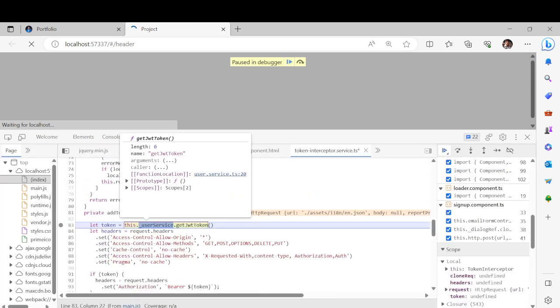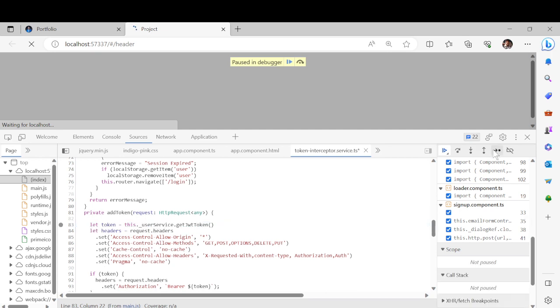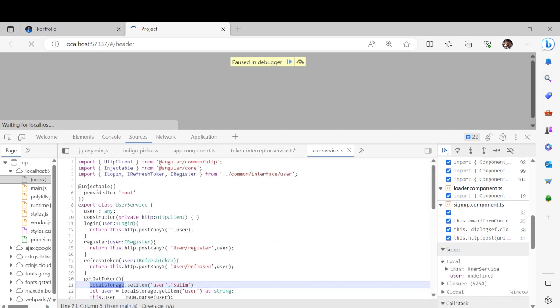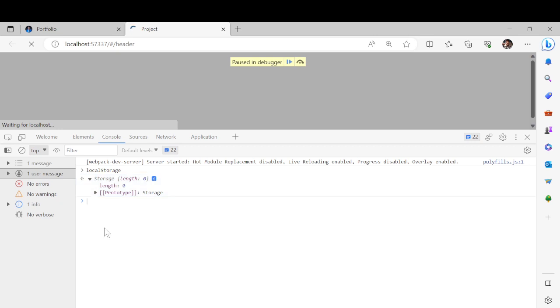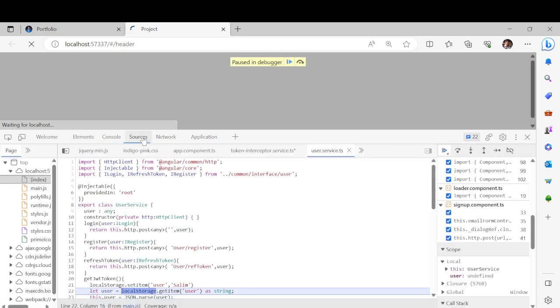So now I will come here. If I go inside this function now, what I told is to set this user as Salim. Now if you see, the username Salim got inserted. So now in the local storage we have data with the user, holding the name Salim. Once it goes to the next line,